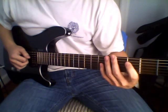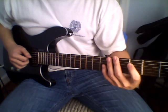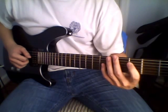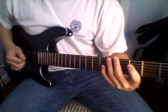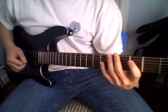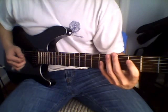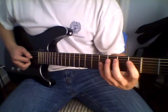Now we move on to the main melody of the song. For the most part, the main melody consists of playing 2 notes simultaneously as such. It's not exactly a chord, but you still need to play at least 2 notes simultaneously. So there are 2 approaches that I think are best for this situation. You can pick out both notes with the pick,